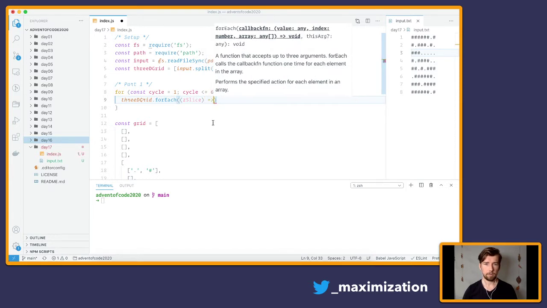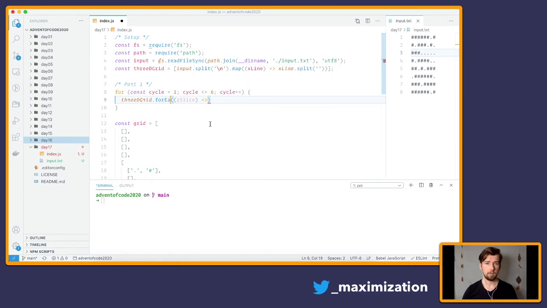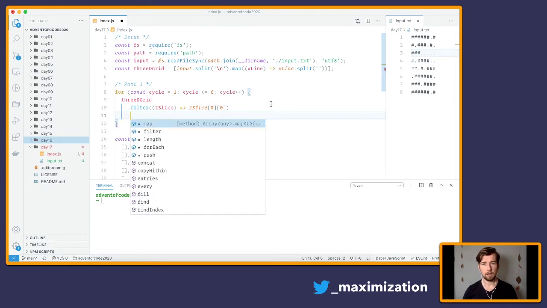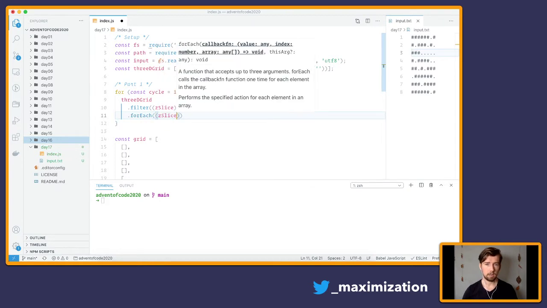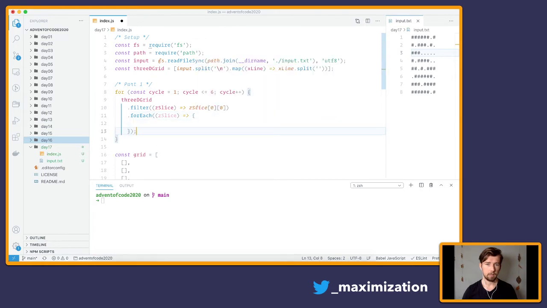Here's what I'm gonna do. I'm gonna use filter for the first one, and then tap into the very first, X0 Z Y0, and see if there's something there, a cube, inactive or active, regardless. If there is a cube, then we need to work with that Z slice. Otherwise, we don't need that Z slice. So that's gonna be our first functional method, and then we're gonna have a for each for now, Z slice, and inside of here